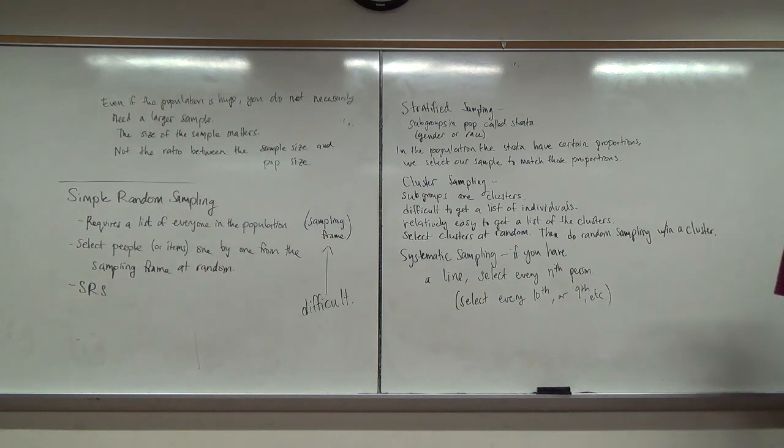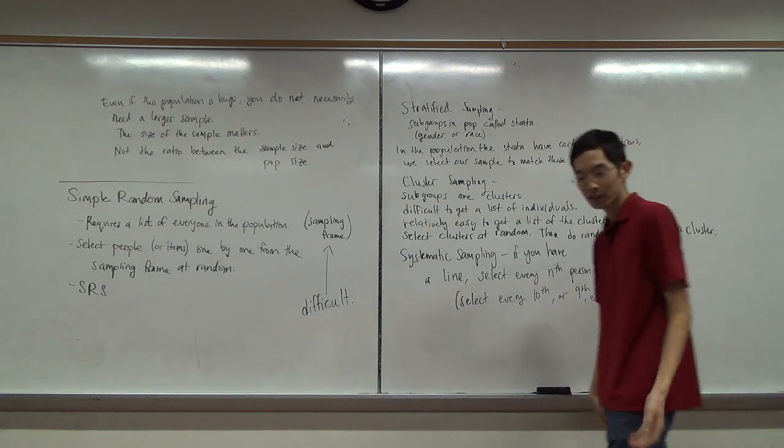So for example, if we wanted to get a random sample of all fast food employees, okay? It would be very difficult to get a list of every single person who